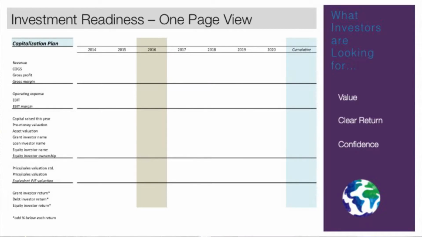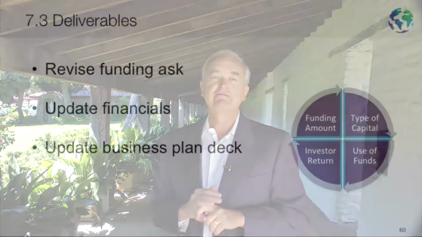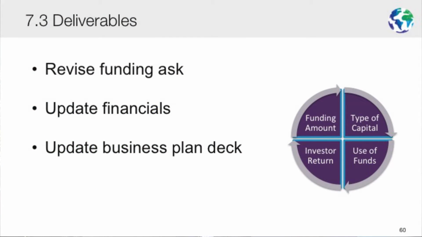You'll see at the bottom of this chart, I'll remind you again, that they're also disclosing whom you've received money from in the past, what terms are still outstanding, and whether you paid back the debt or it is still on your books. All of that is going to be of interest to your prospective investor. Okay, so deliverables, what you have to do, last swing of the bat, as I said, is to go back and revise your funding ask. Then I want you to, with that, update your financials and then update your business plan deck, as you pitch it, to reflect those.